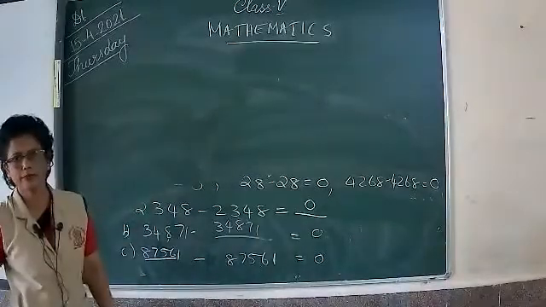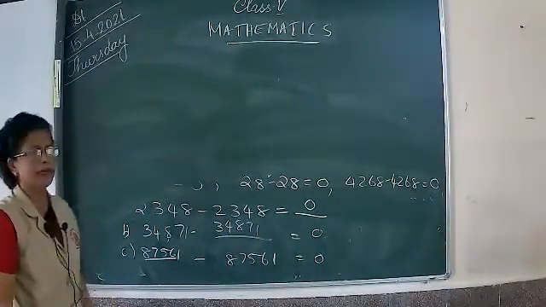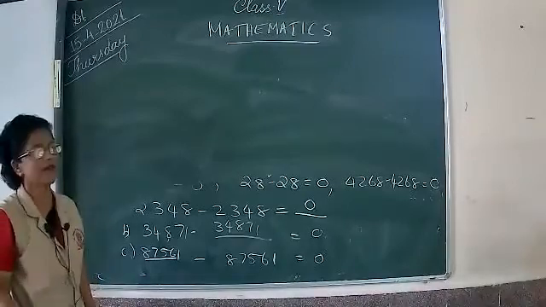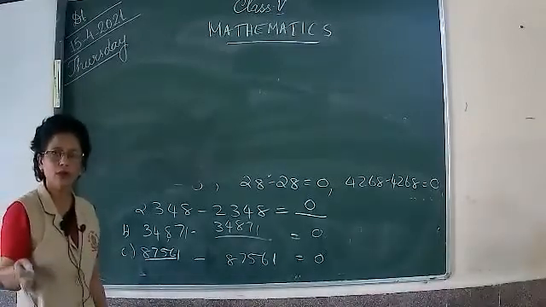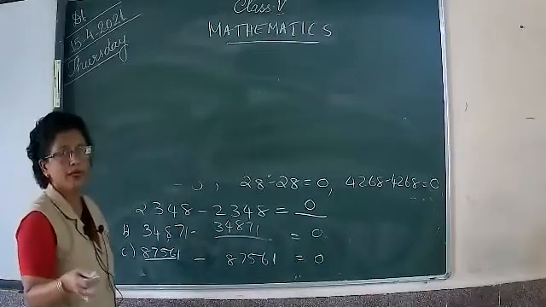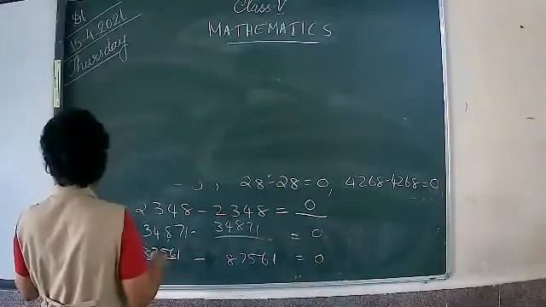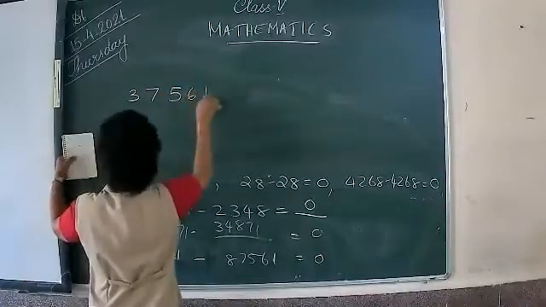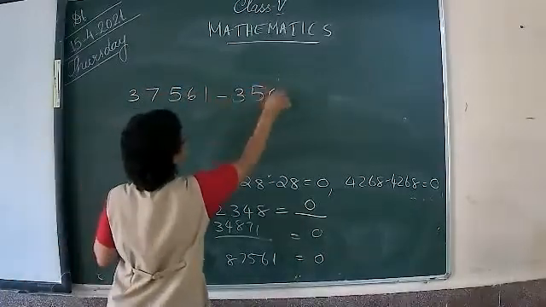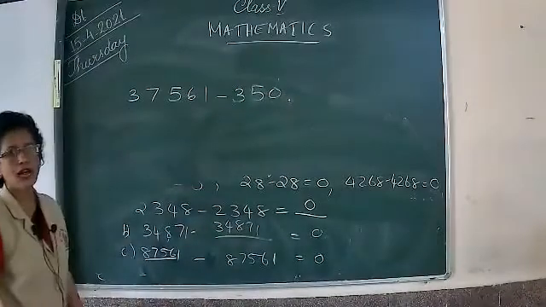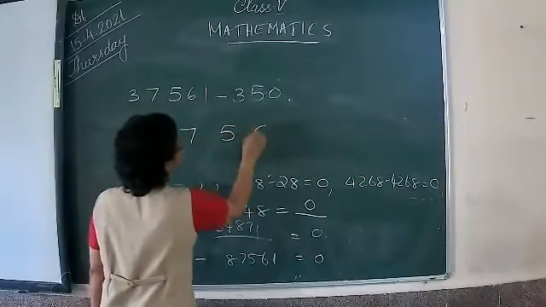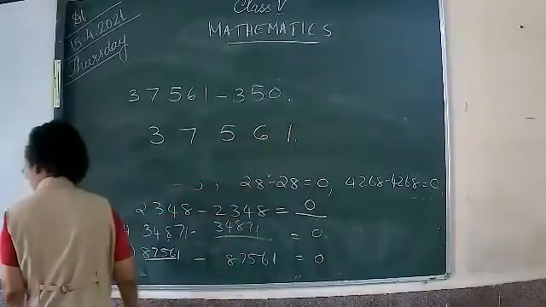Here, children, when you get numbers like this to subtract, the arrangement of number is very important. When the number of digits are same, it's okay. There is no problem. But when the number of digits are different, for example, 37561 minus 350. So how will you arrange there, children? 37561 here, and